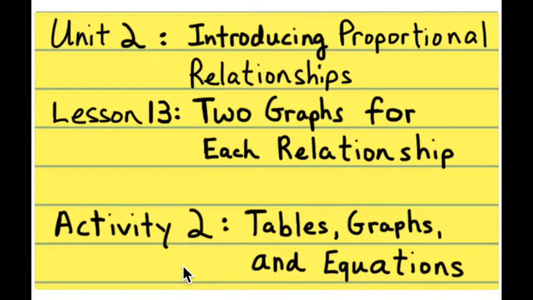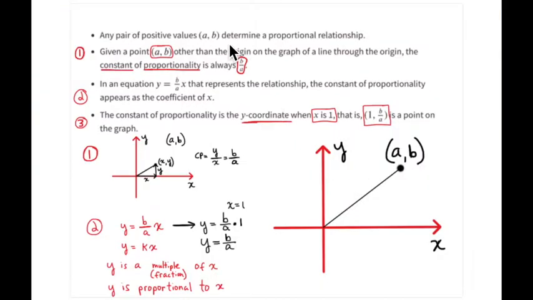This is activity 2, tables, graphs, and equations for lesson 13. 2 graphs for each relationship. And these are some summary ideas for this activity. And the main point behind this activity, and this will become clearer as we look at problems in context, actually